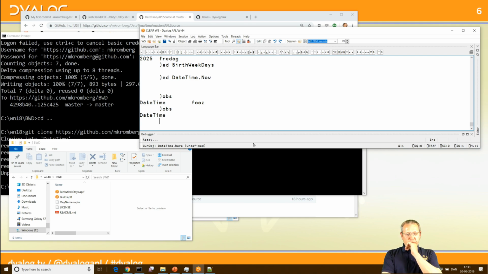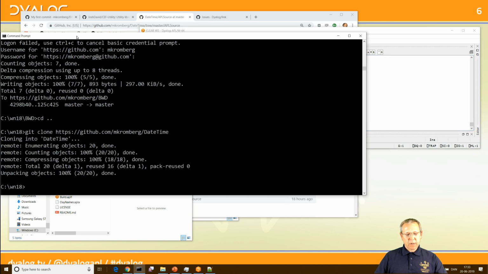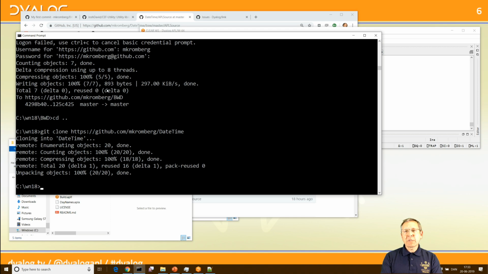Okay, so one of the big advantages I find is using Git and GitHub. And there's a tool I found recently that really increases the value I'm getting from having my APL code in source files. That's a tool called VS Code, which is originally, I think VS stands for Visual Studio, but it's an open source tool, free download, easily available. So if I invoke code here on my BWD folder,